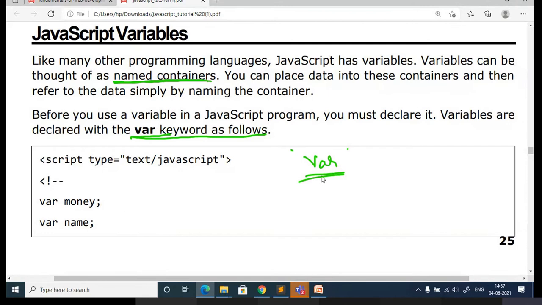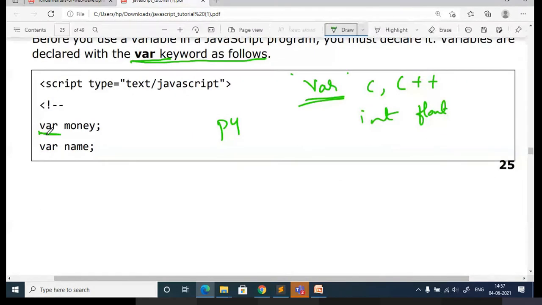Like how you declare variables in C or C++ using int, float, here you are not going to do all that. You just declare the variables using the var keyword. Depending on the value you assign to this variable, it will take the data type accordingly. Maybe it is the same in Python. You do not declare the name of the data type here.